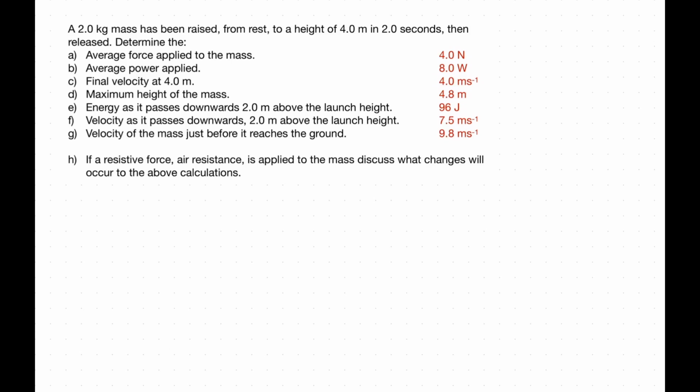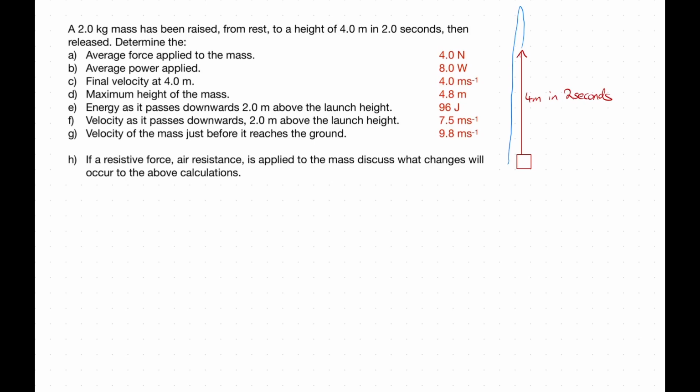Alright, so we've got a 2 kilogram mass that has been raised from rest to a height of 4 meters in 2 seconds, then released. So our object, which is initially down here, is raised up 4 meters in 2 seconds. At that point there, it's going to be released, so it's going to go up and then travel back down to the ground. So if we look at our first question, we're going to be determining the force applied